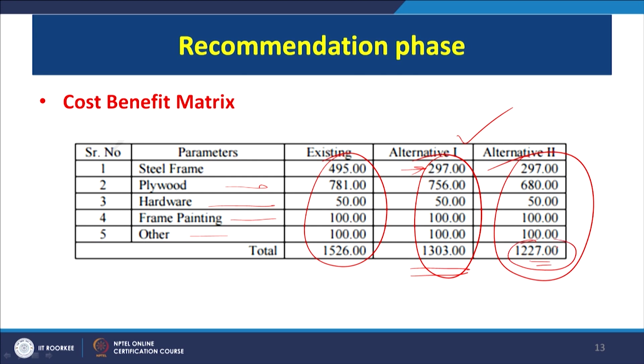So even if we select alternative 2, that is use a board with lesser thickness, our cost is going to reduce, and we are able to still focus on two important parameters, that is lightweight and the rigidity. So we are not compromising on the rigidity of our product, and the weight is not increasing, in fact it is reducing, which is better for the functional requirement of our product.